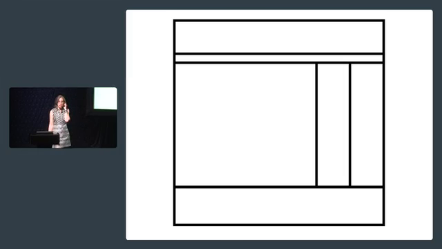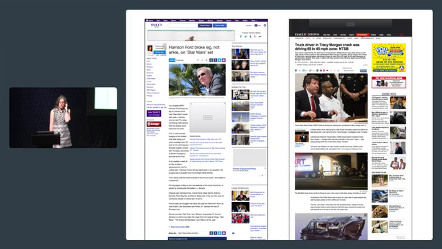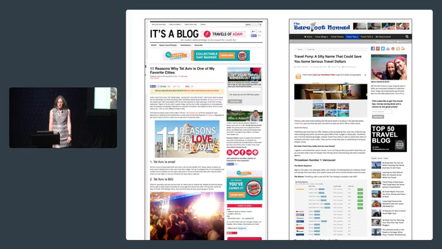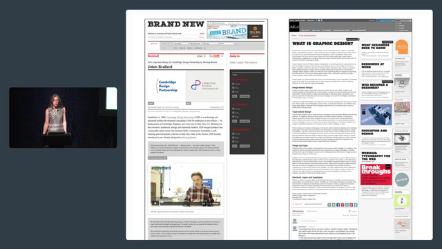Because we're stuck in a rut of a certain kind of layout. And when I say we're stuck in a rut, it feels like all the websites look like this, right? Oh, look, here's some on iPads. They look different. Here's some design websites. These are 2 design websites. And they still kind of